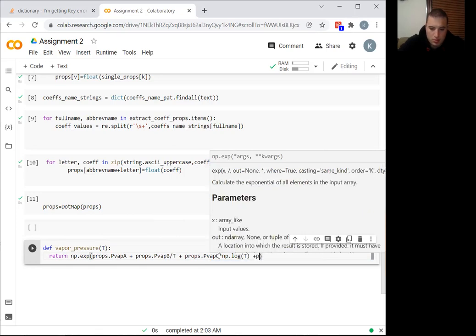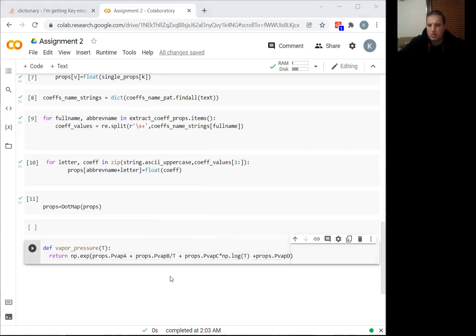So add to D, right? T, I think. A, B, C, D. Good. All right. And then that is multiplied by temperature again. Take it to the power of